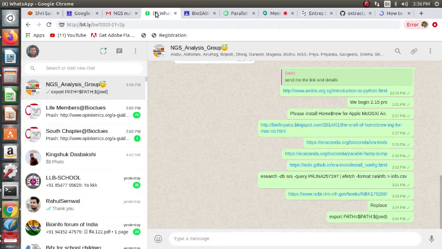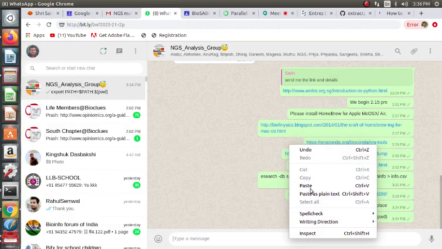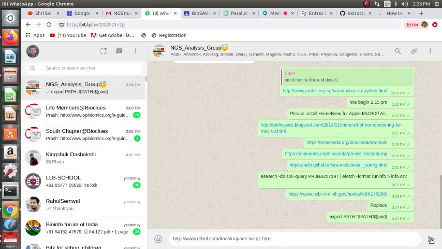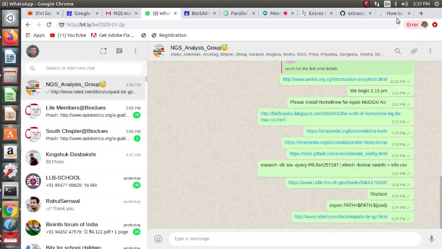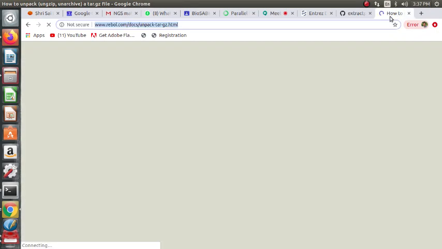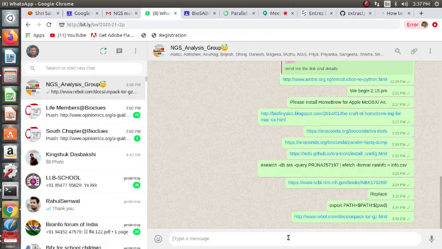Once the extract is done, you can extract this using this command. I think the net slowed down due to our download of the run info. Okay, no problem.